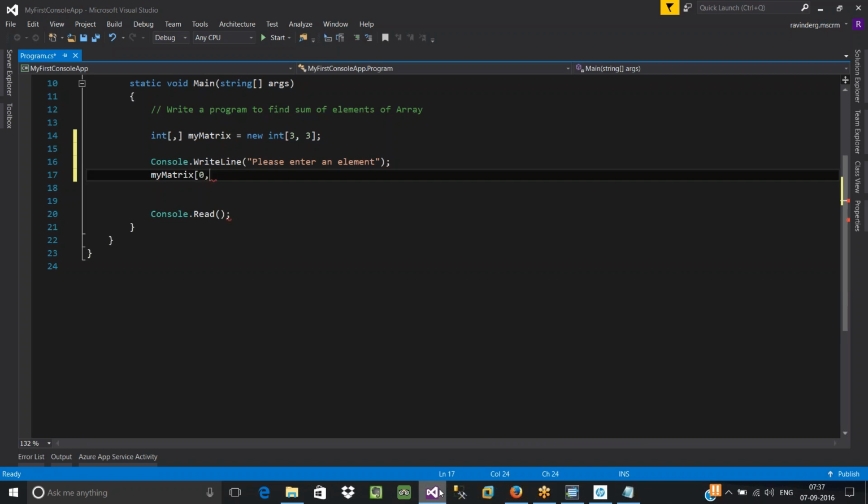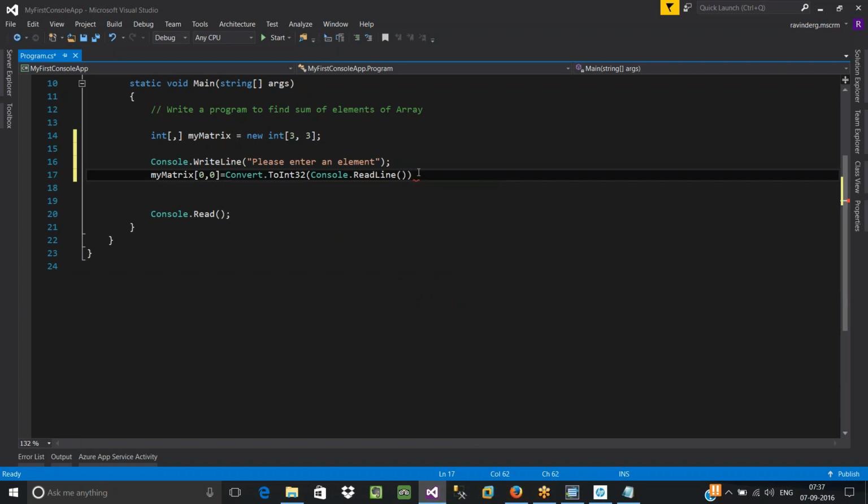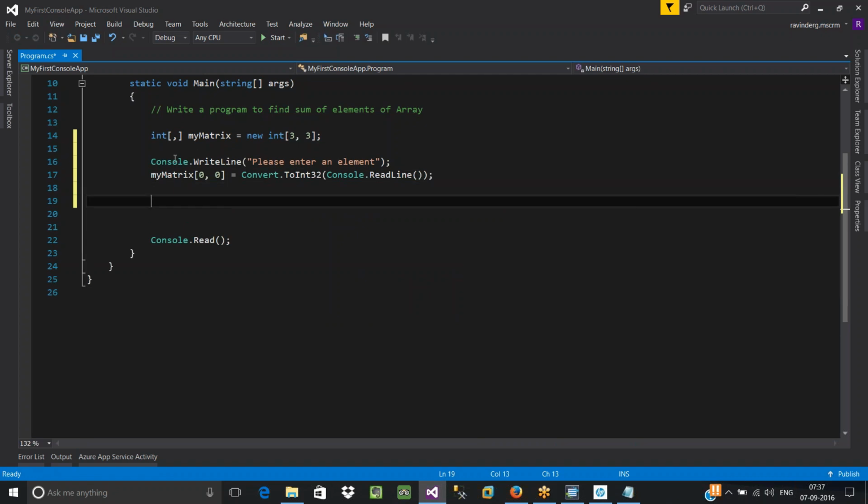First row, first column. This is an integer, so it has to be converted. Console dot read line. Right? Done.